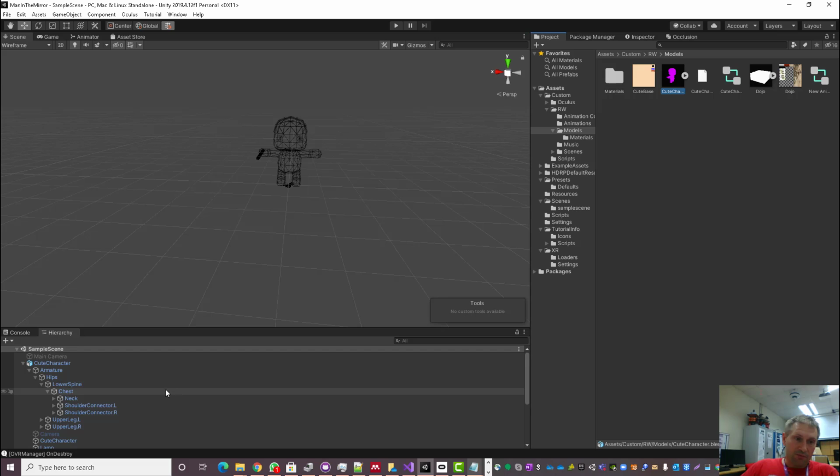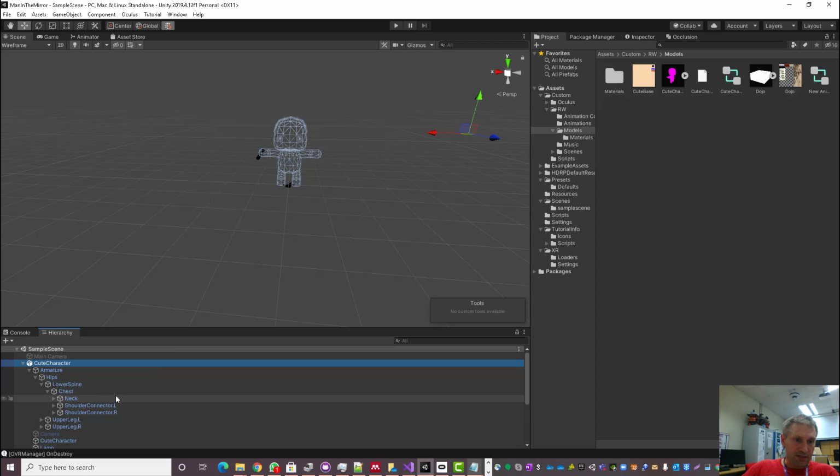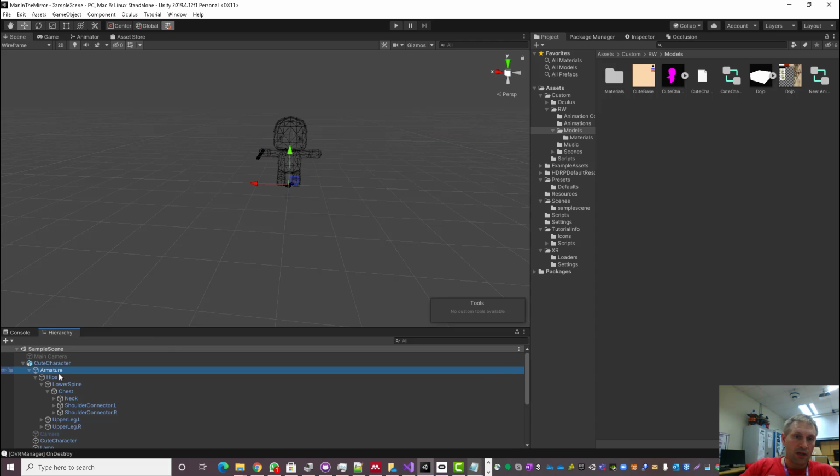And this high definition pipeline, it's for high-end devices, but you don't have to have all the features enabled. And what we have down here is the character itself, and we've got the bones associated with it,